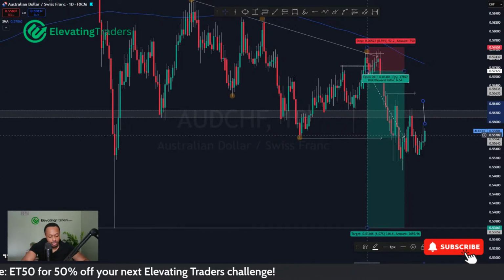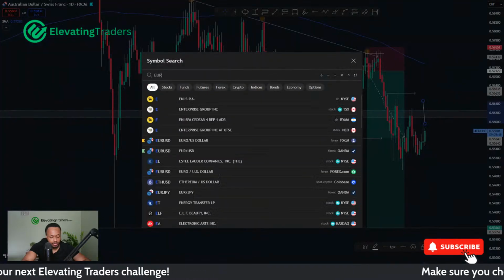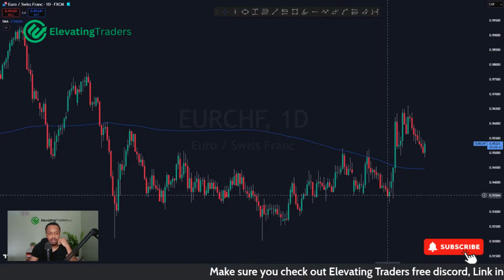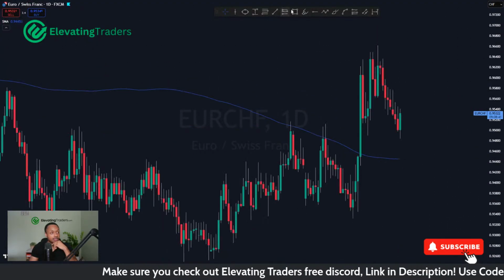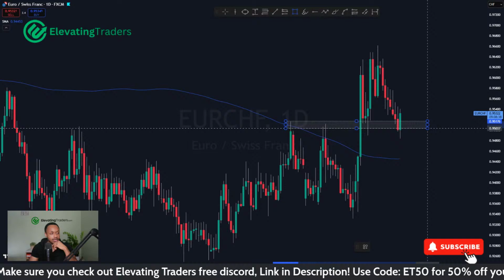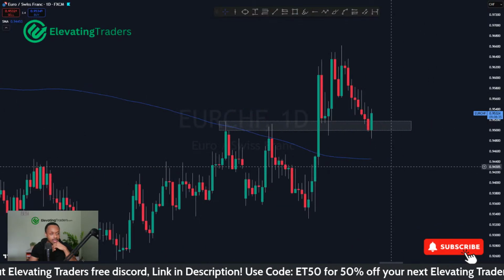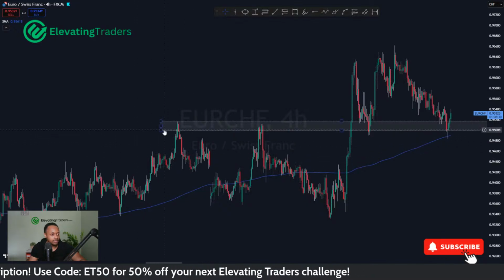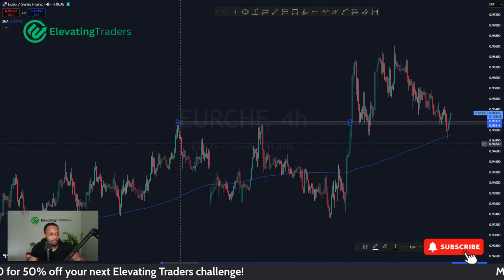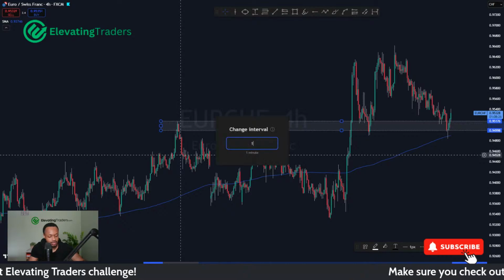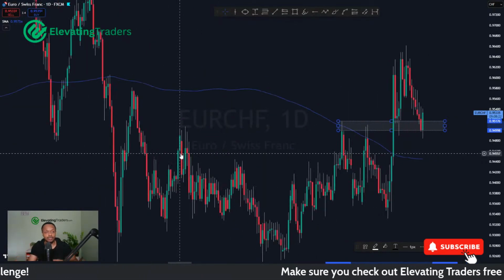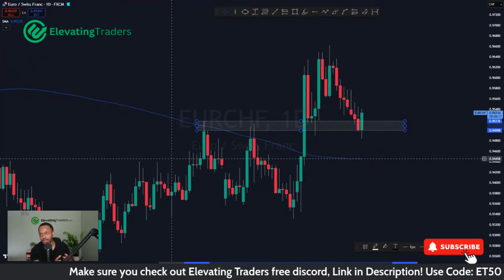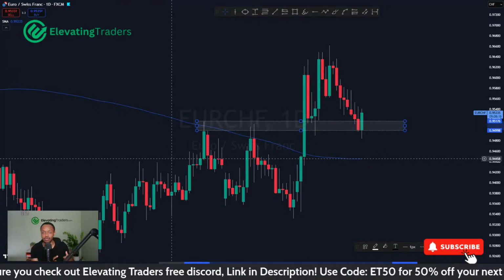And then, of course, you've got your lovely Euro CHF and CHF JPY. But CHF JPY I look at as a yen pair. But yeah, Euro CHF looks like it's trying to hold into this level. We did break through in the lower time frames, but on the daily chart, it looks like we're still respecting. So you can see in the 4-hour chart, if I refine that, price did break through the level there. But if I zoom out to the daily, it's still respecting, and that's an important thing to note. If the higher time frame is still respecting the level, don't try and follow the momentum in the lower time frames, because it's probably going to be a fake out.